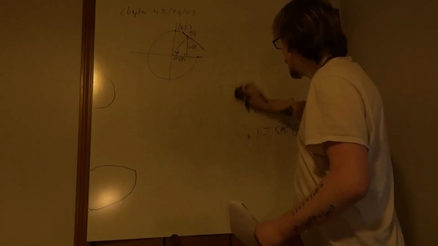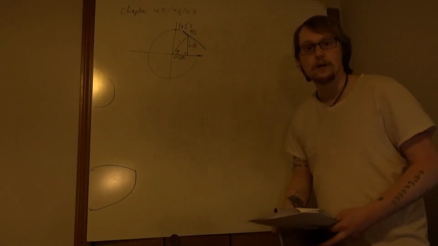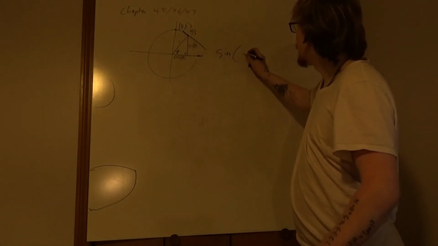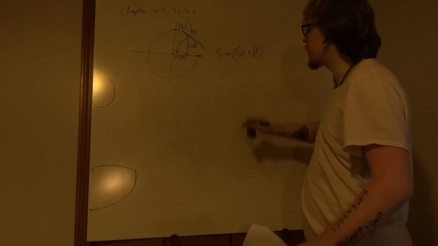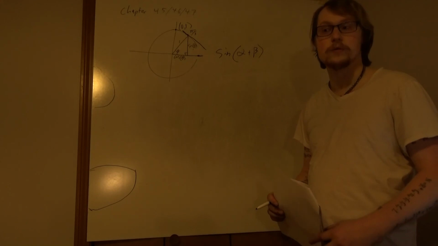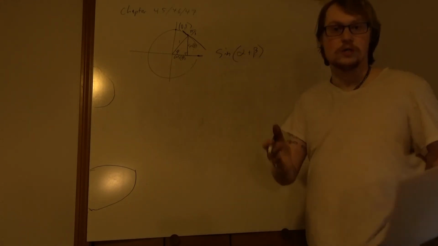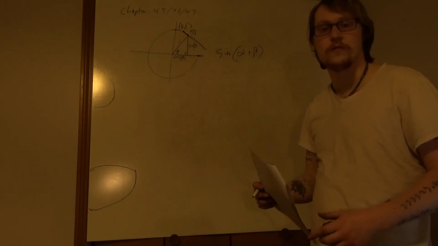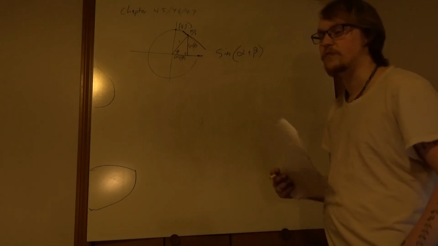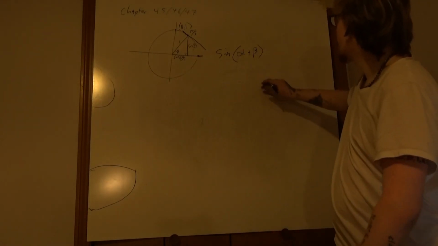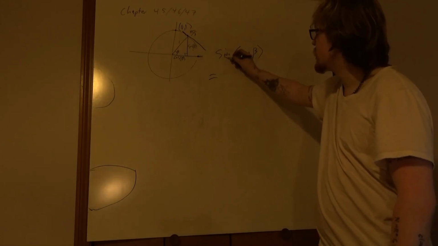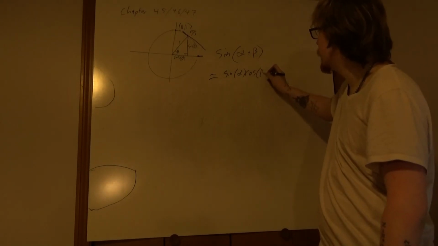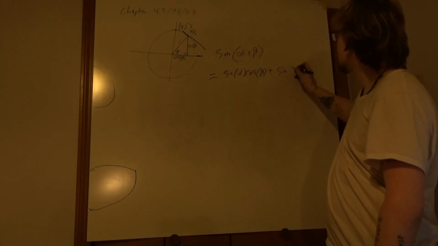Another set is the angle sum formulas. So if we have sine of alpha plus beta, where alpha and beta are 2 different angles, is there a way to relate this to just sine and cosine of alpha or beta? And yes, there is. There's a nice geometric thing for it. I don't remember it off the top of my head, but if you're really interested, you can go look it up. The long and short of it is that the sine of alpha plus beta is going to be sine alpha times cosine beta plus sine beta